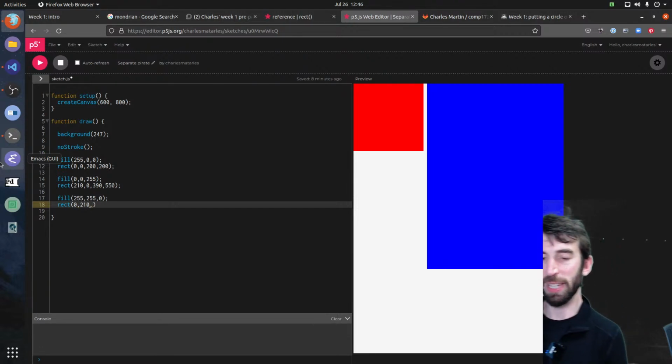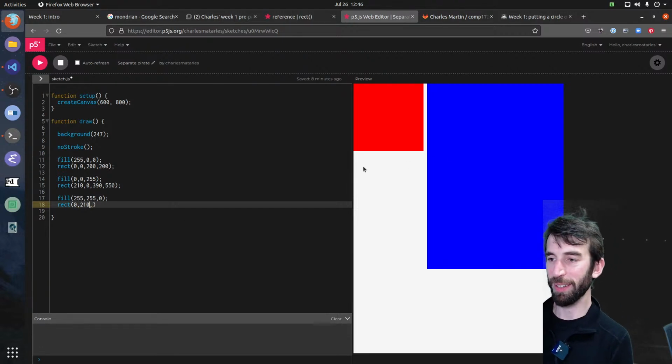I might move this in. It's going to start at the left-hand side, is it? I want to be leaving the little stripe there. Maybe I want to start in like 40. Come down to 10, similarly to leave that stripe, and then I want to come in the rest of the length of the square.